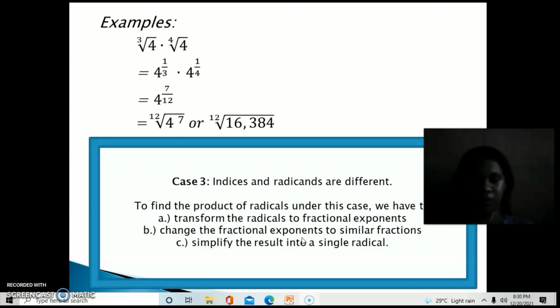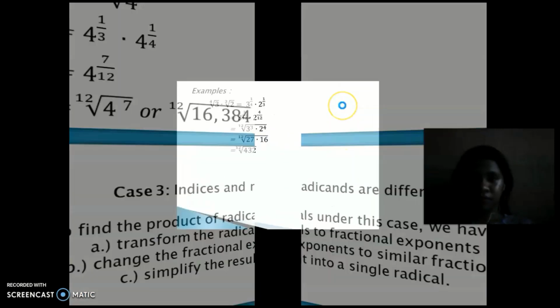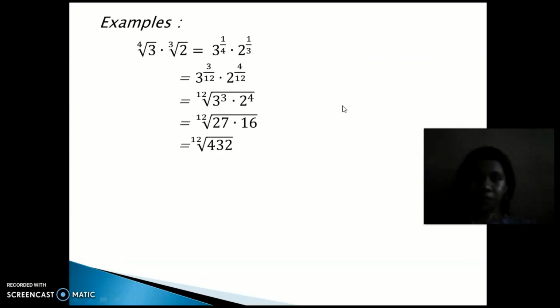So we have an example here. As you can see, our index and our radicand are not the same. The fourth root of 3 times the cube root of 2